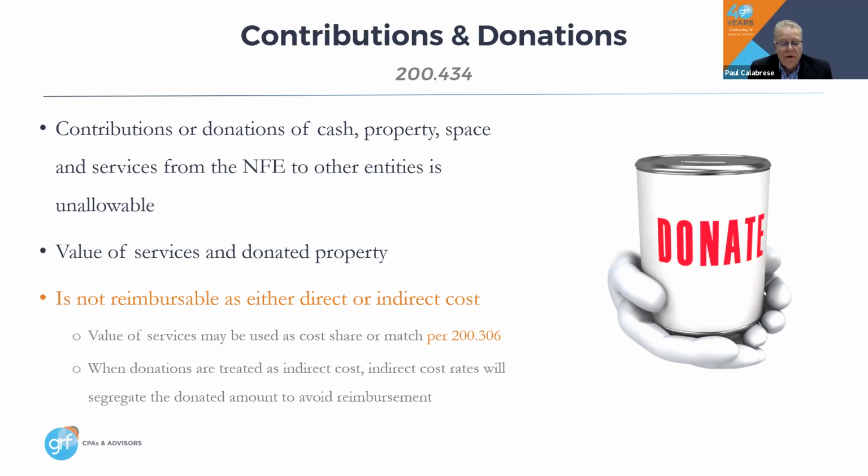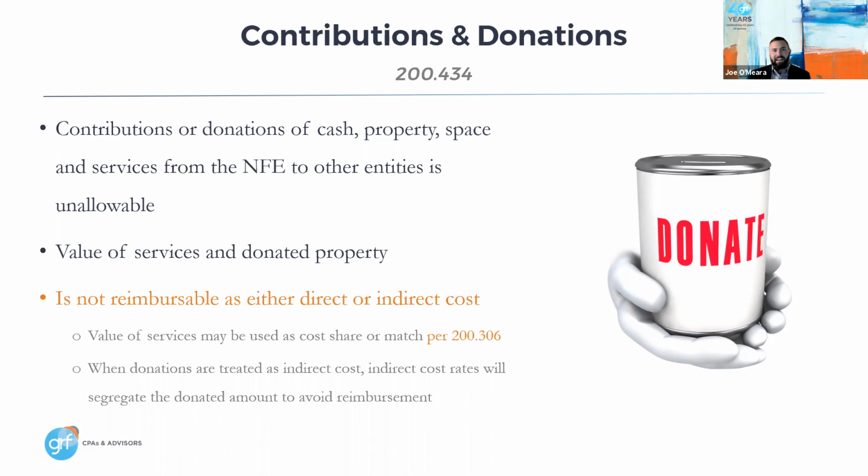Now, section 200.306 is the section that deals with how to value those things. But again, whether it's direct or indirect, it's unallowable as in kind. And most of you probably say, well, I know that, but sometimes when you invoice or before you invoice, you have an indirect rate and you might have it sitting in a pool. And it's probably safer just to put any in-kind that's of an indirect nature in the unallowable section so you don't inadvertently include it.